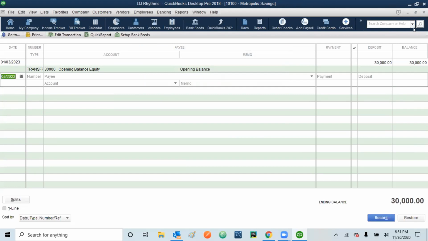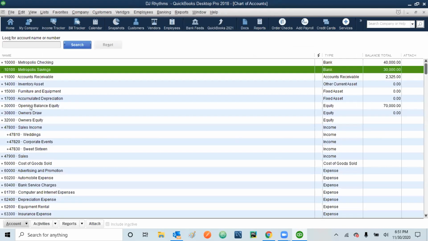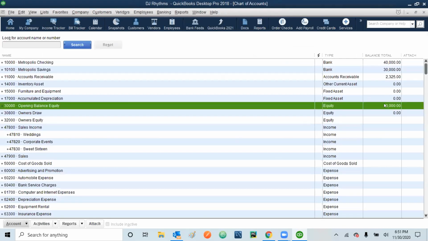So again, once it is saved, I can close it. And if you see here, my equity has been increased from 40,000 to 70,000. Whatever we are adding in the accounts is automatically updating on the equity side. Why? If you remember, on our first day I told you that whatever you are doing on the asset side has an impact on the liability and equity side. We don't have any liability here, so automatically the money that we are adding here becomes part of our equity.